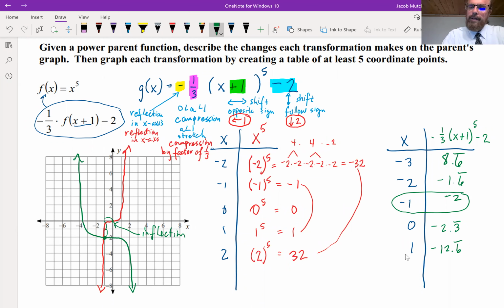So -3, 8.6, so right there. -2, -1.6, so that's actually pretty close to the prediction. Inflection point's right on. That one's easy to track. 0, -2 and 1/3,